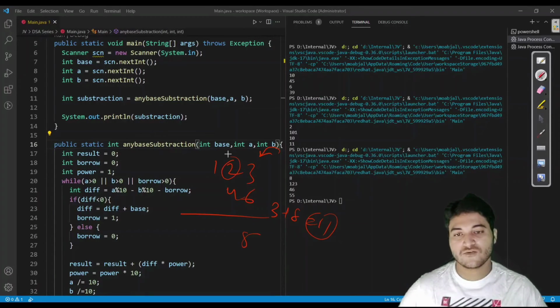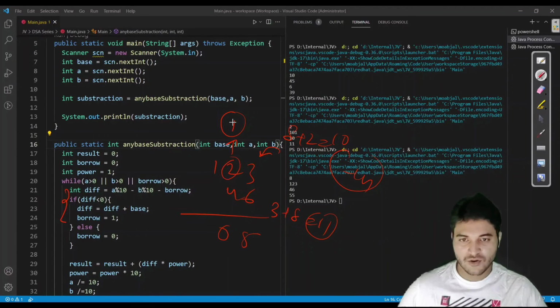So we have already taken one borrow from here. That means it has become 1 here. So 1 minus 4 is minus 3. Again, we are into this condition. So we would add again 8 to it. So 8 plus 1 is 9. Then 9 minus 4 is 5. And here is 0 because we have already taken one borrow from here to this. So 0 minus 0 is 0. So we are getting 55 as our answer.